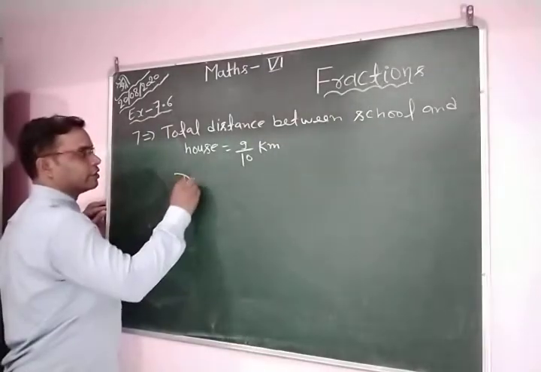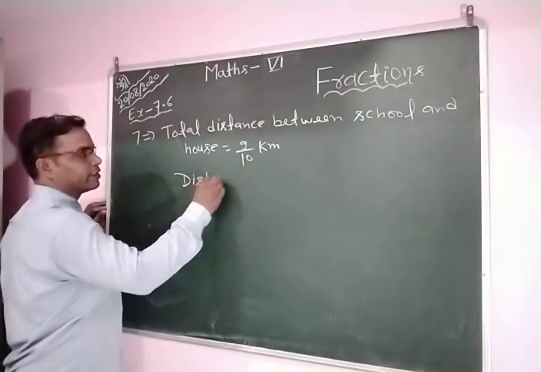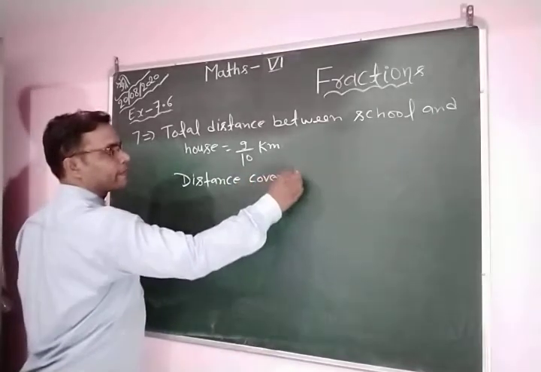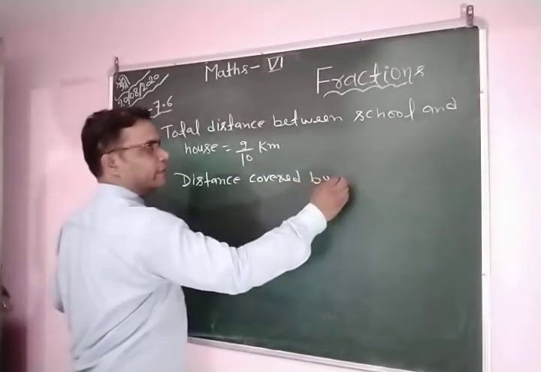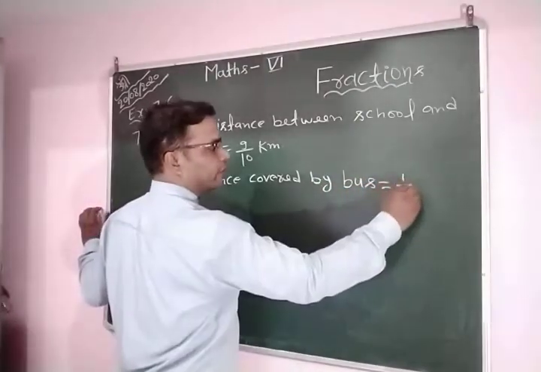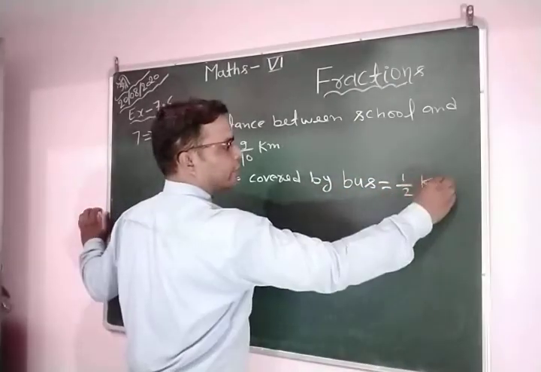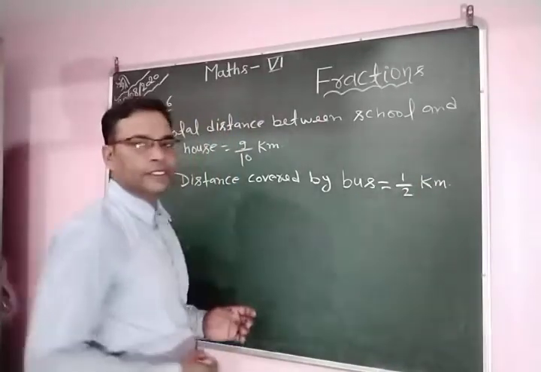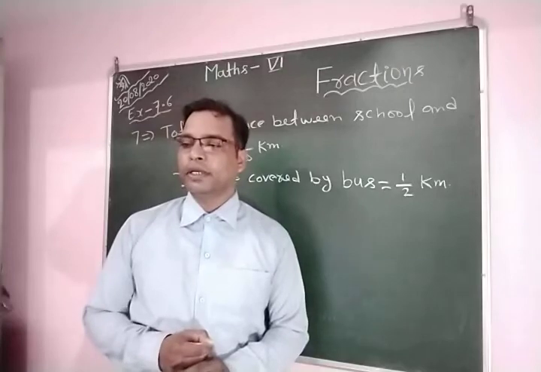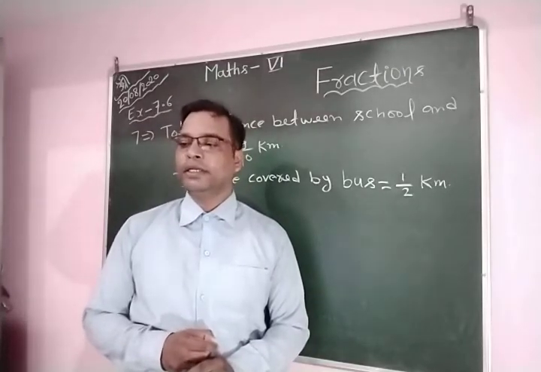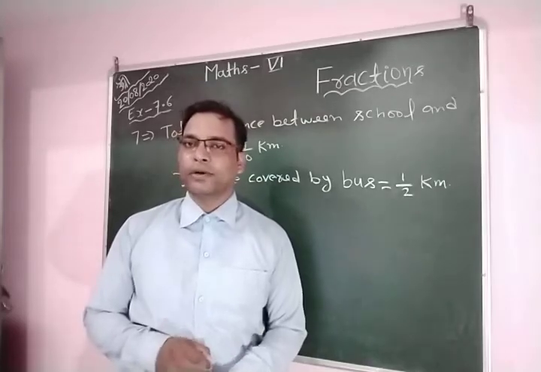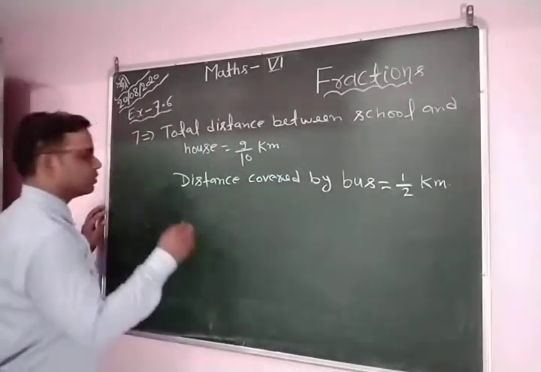So distance covered by bus is equal to 1 by 2 kilometers. Clear? Distance covered by bus is equal to 1 by 2 kilometers. So we need to find this distance covered by walking. Okay. So distance covered by walking is equal to